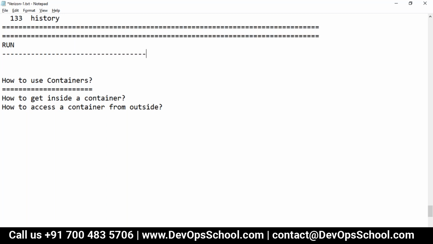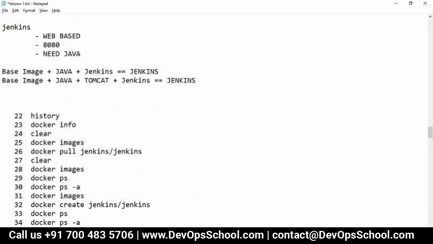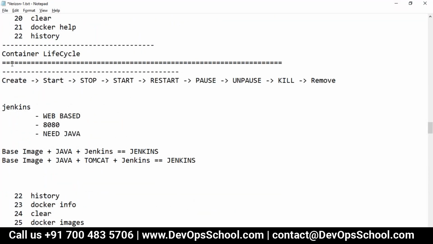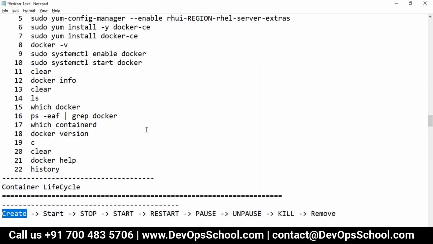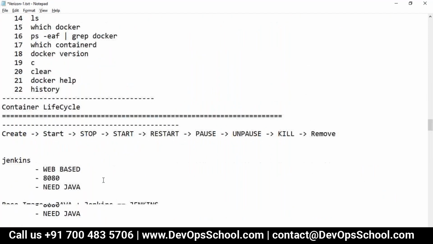Okay, let me remind you again of the life cycle of the container which you have worked with. First you create, before that you pull, right? Then create. If you don't pull it, when you run create, automatically it will get pulled, because somewhere I discussed the behavior. If the image is not there, first download the image from the hub, the default registry.